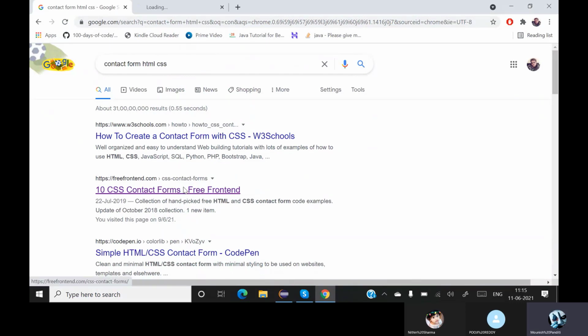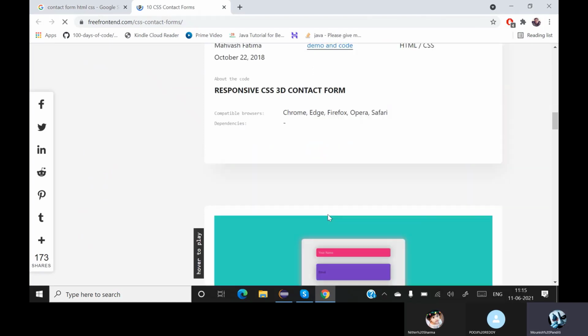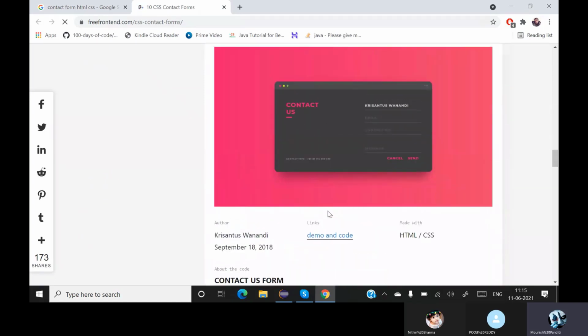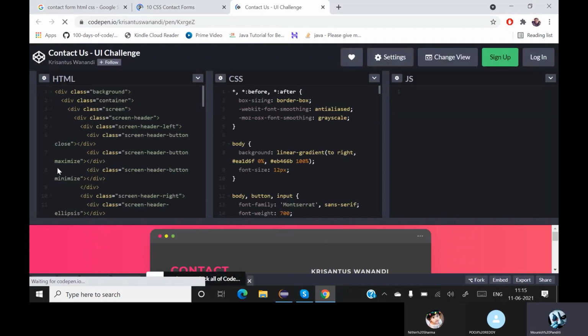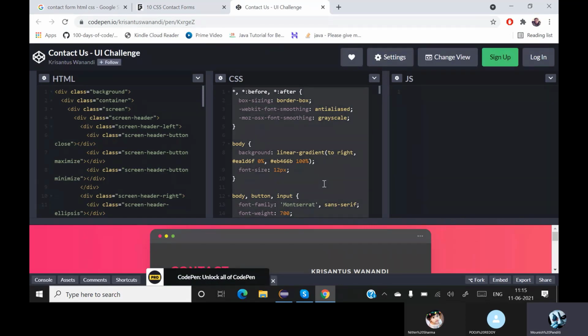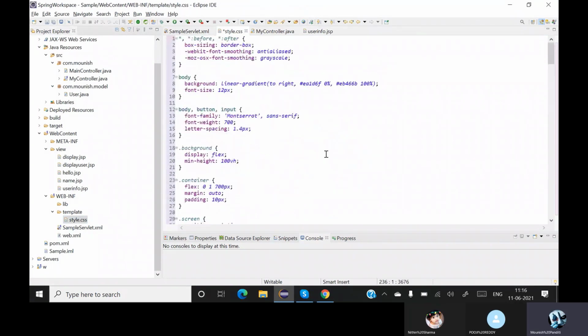Click on any link, whichever you like. I'm going for this particular one, demo on code. Now I have all the HTML and CSS files. I'll copy the complete CSS first and paste it over here. So my CSS files are pasted over here.